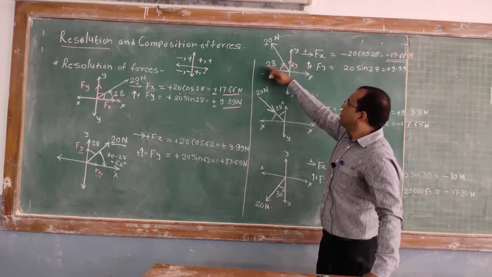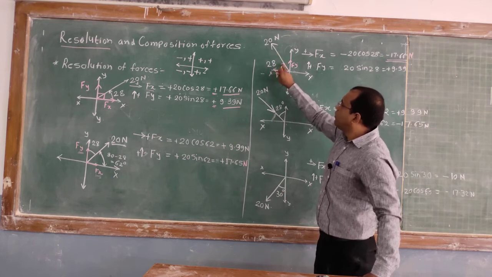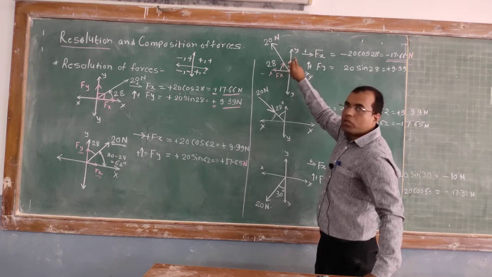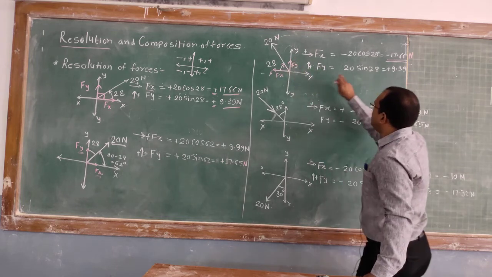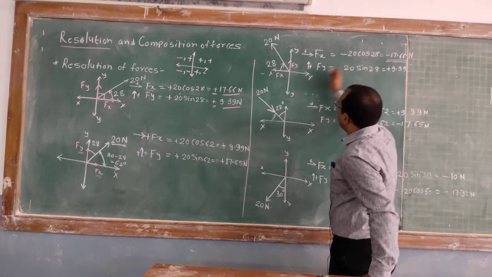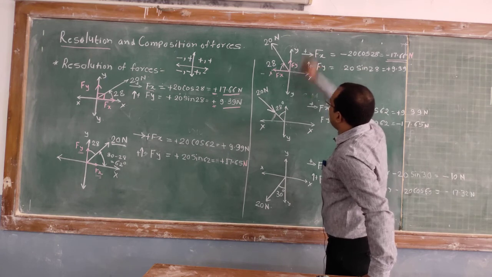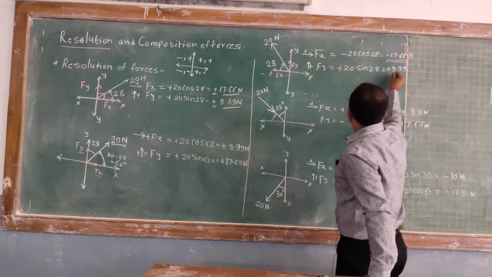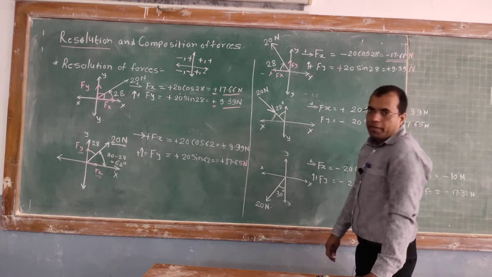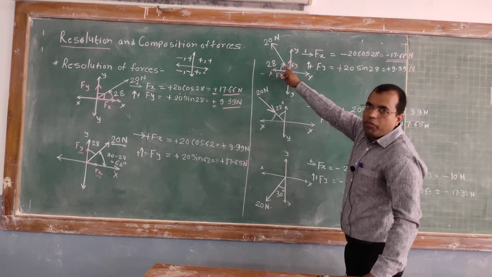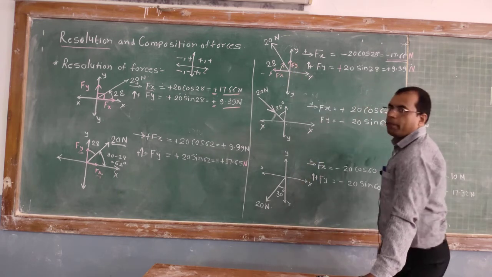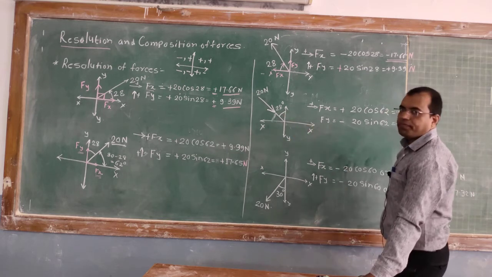Similarly, resolve this force in the y direction. So how to resolve this force in the y direction? We know this angle, 20 sine of 28 will give you the force in the y direction. Therefore F of y is equal to 20 sine of 28. Now whether this sign is positive or negative, we have assumed the upward sign is positive, therefore it is positive. So the answer is 9.39 Newton positive. So this is for the case when the force is given in the second quadrant and the angle is with respect to horizontal.